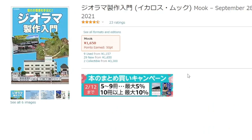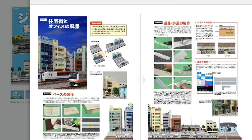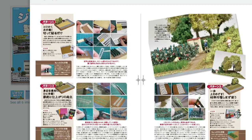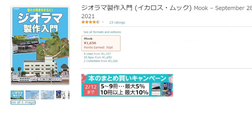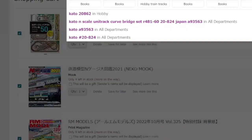So that is that. Another one that's popular is this one on the diorama. If you are in the US, this one shows you how you can build a variety of things, and it's a really useful book. Again, it's not that expensive. $16.50. That is about currently $12.58 US. So again, it's not that bad when you consider the cost and how the US dollar is much better right now. I know a lot of people tend to get the